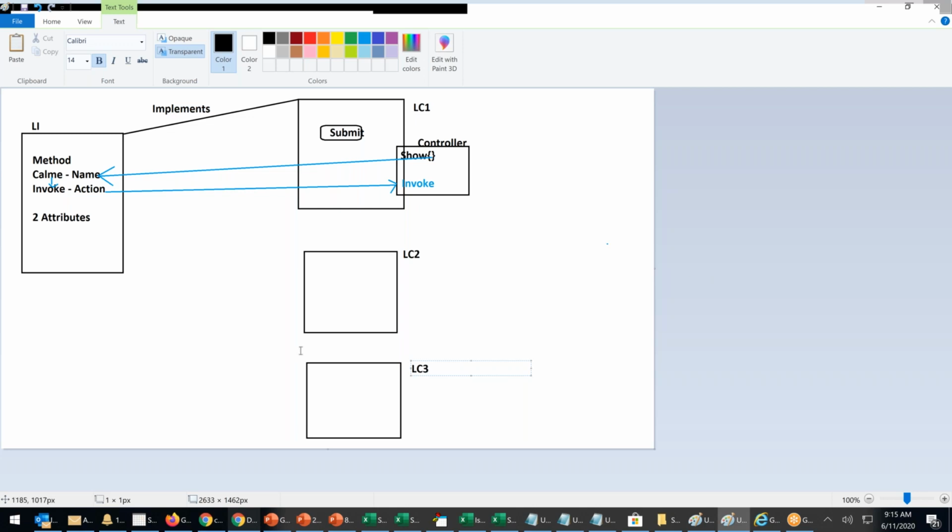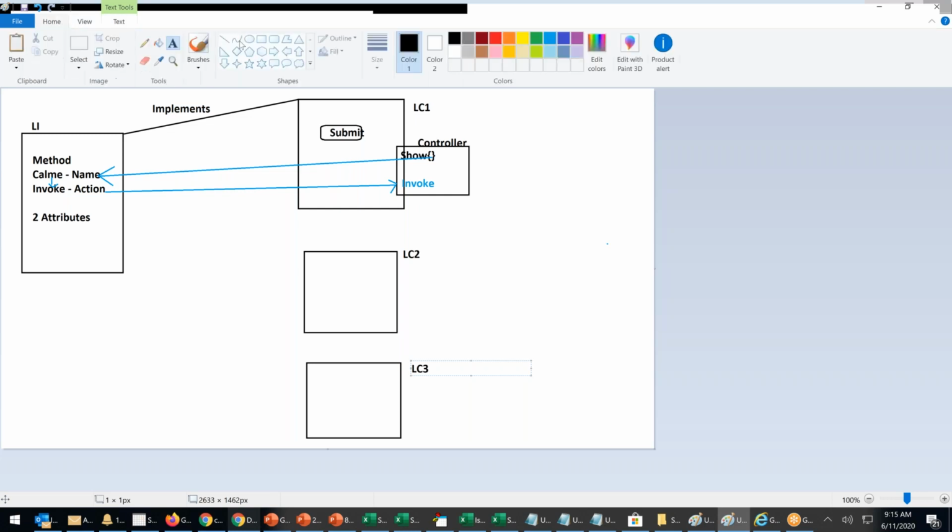Lightning component 2, lightning component 3. This is also connected to the interface. Both are connected.